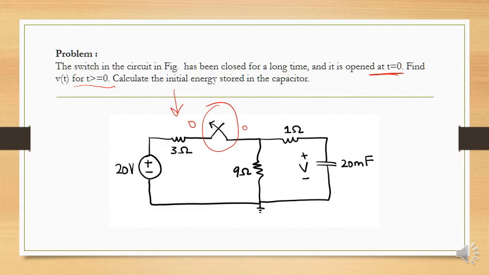Now, at present, the time at which I am present is t equal to 0. My time starts now as I got the circuit. What was the previous condition of my circuit? It was having a voltage source of 20 volts and it also had a capacitor attached to the source. So at time t equal to 0, I have to open the circuit from the switch. Now what happened? The capacitor is left with the initial voltage charge stored due to this voltage source. Now it is having no excitation, no external voltage, right? What is it saying? Calculate the initial energy stored in the capacitor.